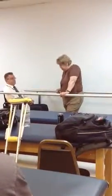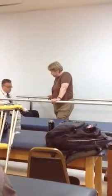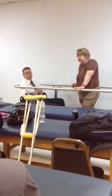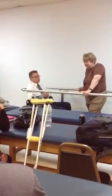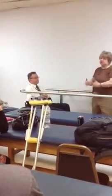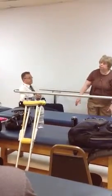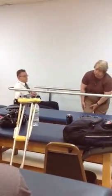His feet off the leg rest. Right, take your feet off the leg rest. Okay, so he's gotta get one, then he's gotta get the other one off. And because he's sitting far enough to the front of the chair, he'll probably be able to use two hands